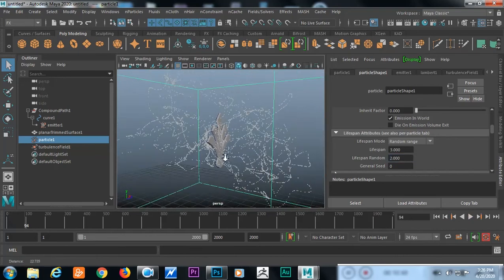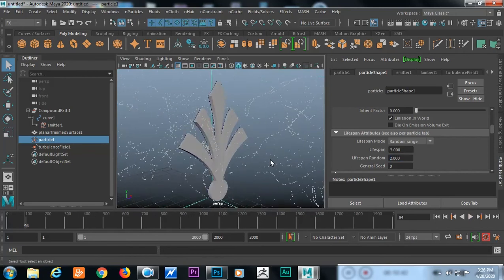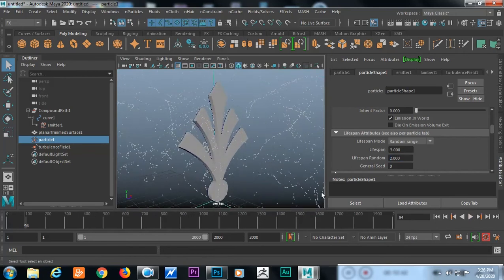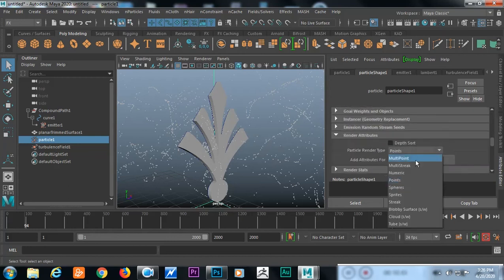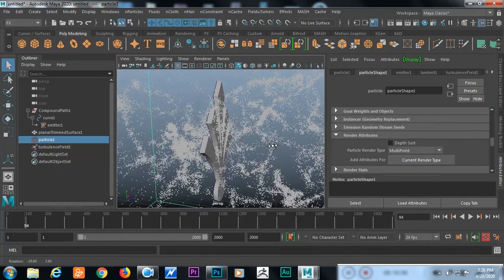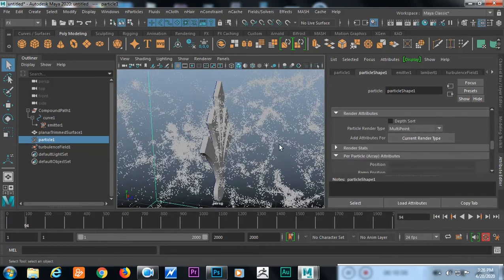And now I want to add some density to this particular particle. For that I'm going to click on this multi-point icon, and it's going to densify this thing, and I want to check the properties of this particular particle.